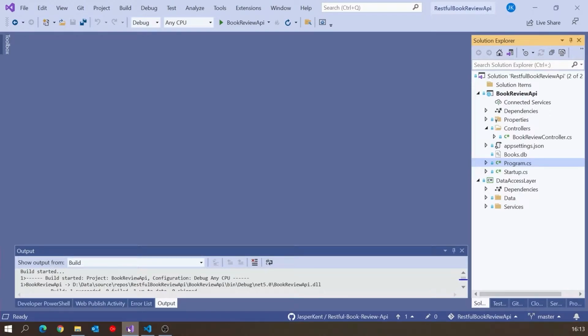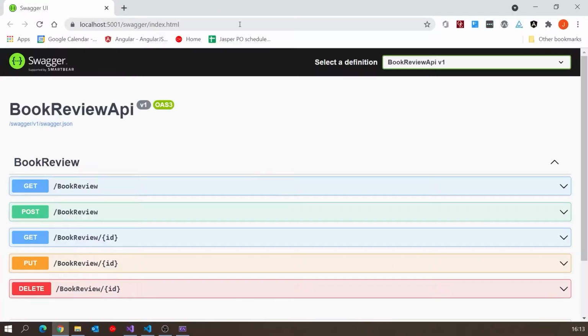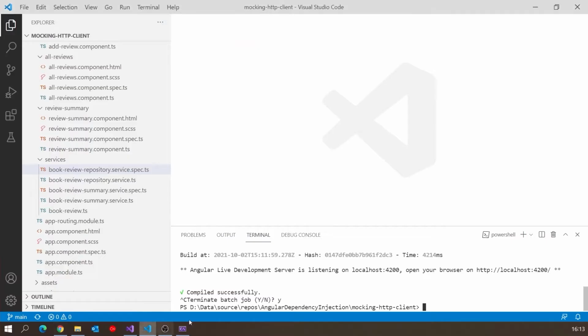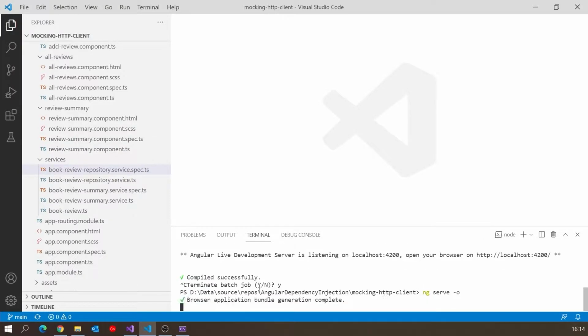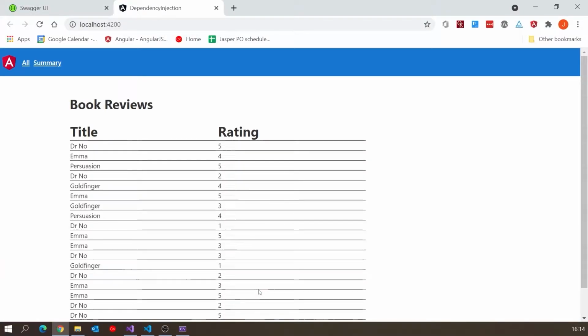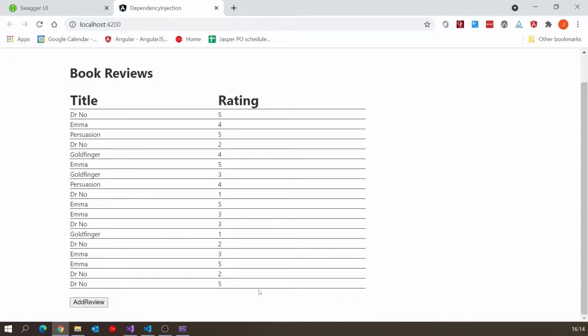Remember, we've got our Web API RESTful web service, and if I just run that up, we see it launches the browser, and we've got this Swagger, which is a tool just for development really to see what's going on. Then I've also got the Angular front end, and if I run that up, we can see that it's displaying the books that are being delivered by that Web API service that I just ran up. So that's the setup we've got at the moment.